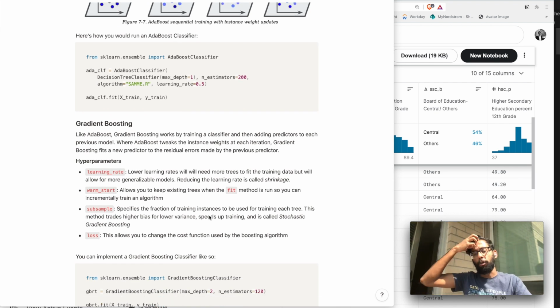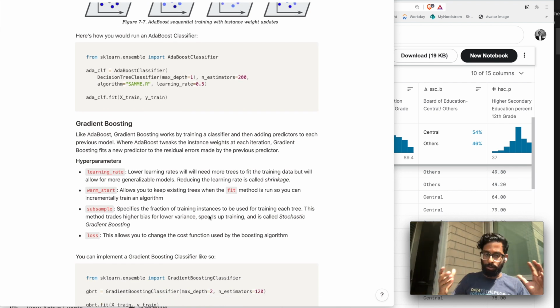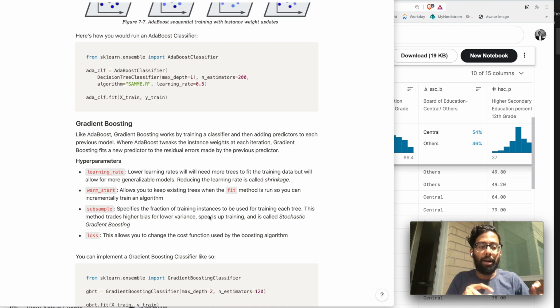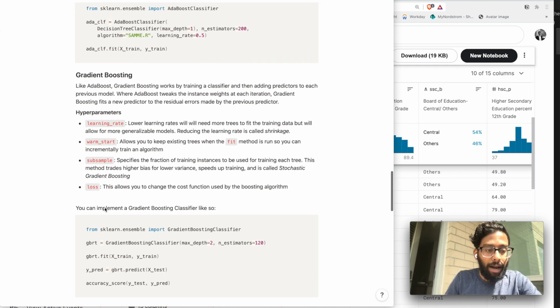And then next we go over gradient boosting. Like Adaboost, same basic idea, but where Adaboost tweaks the instance weights at each iteration, gradient boosting actually fits a new predictor to the residual error. So basically, how far away were you, and all the residual errors of the previous predictor. And a couple of the hyperparameters that are important are the learning rate, warm start,